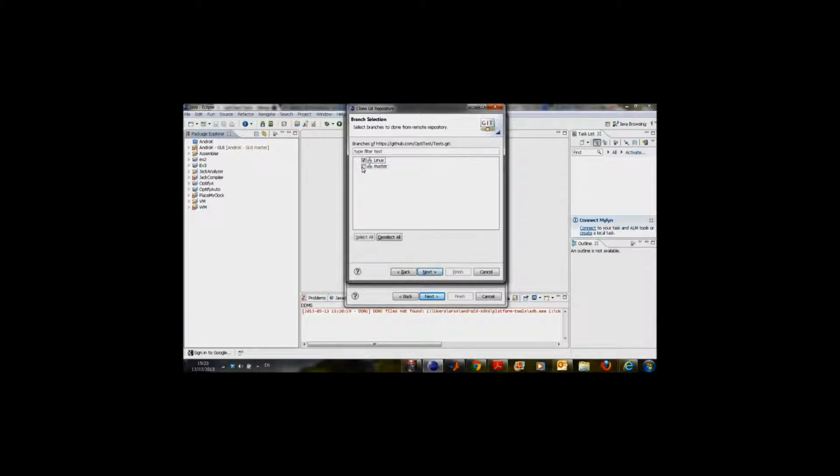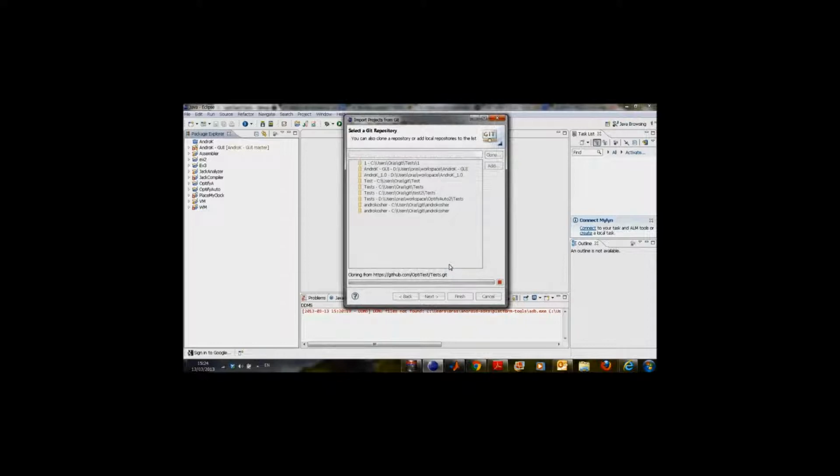We'll choose our most updated project, the Linux Sponge. Then we click next again. In the path we will give a name, version Linux. Then we click finish. We will hit enter. The repository will download to our computer.